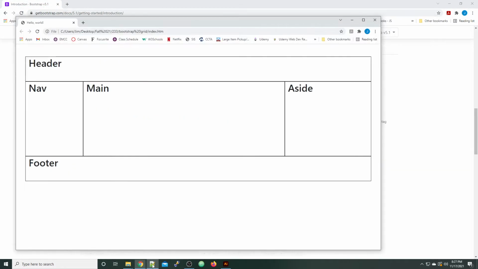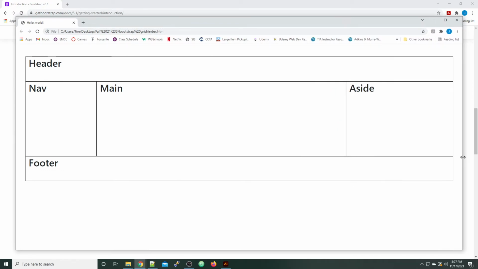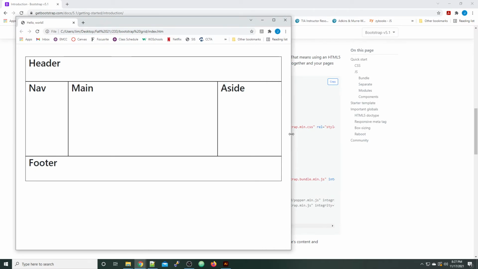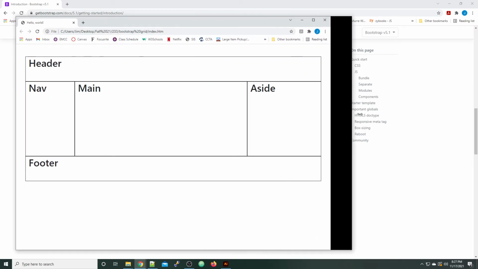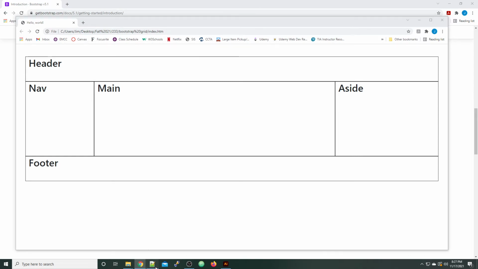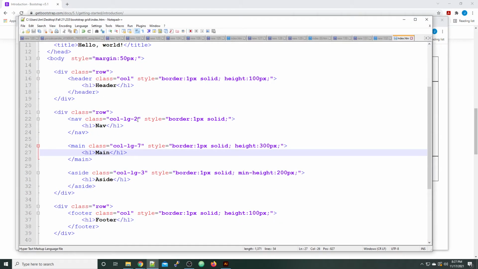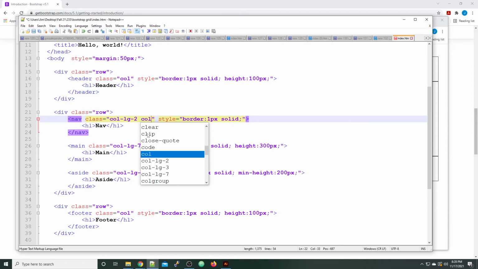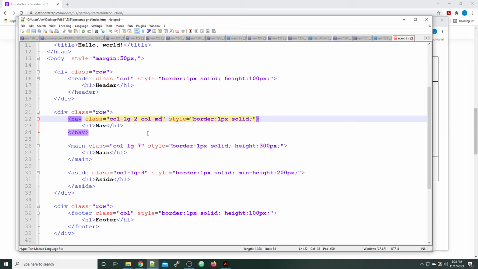Now, what about if I wanted an intermediate layout? What if I wanted a desktop layout, and then a tablet layout, and then a phone layout? What if I wanted an intermediate, a middle one? So what you can do in that situation is you can actually add in another class. And so you could say all over again, class equals, but you don't have to. All you have to do is put a space after the previous class, and then say col-md for medium,